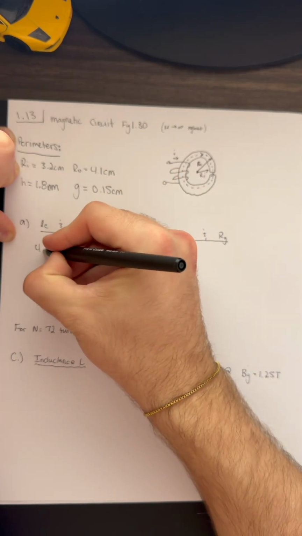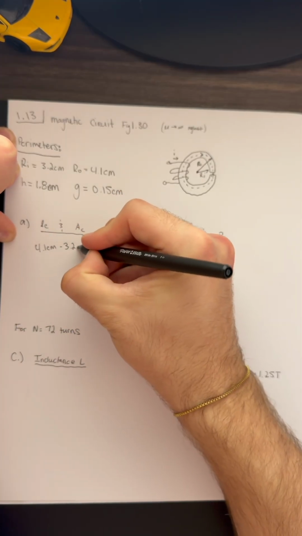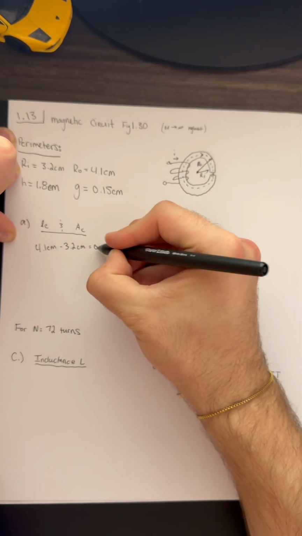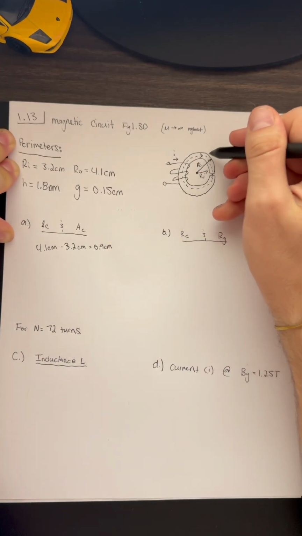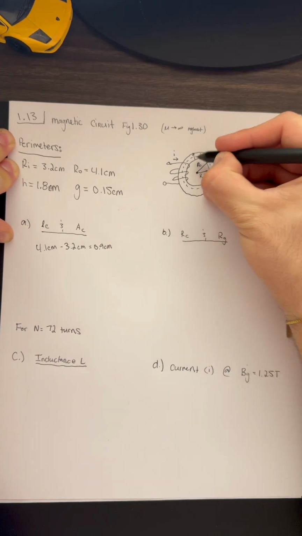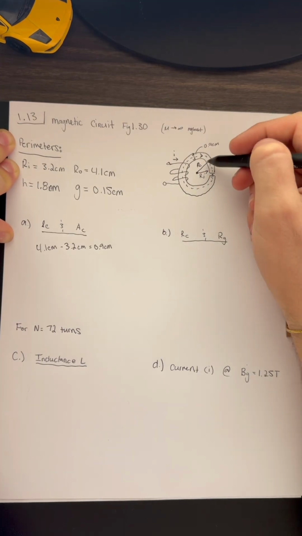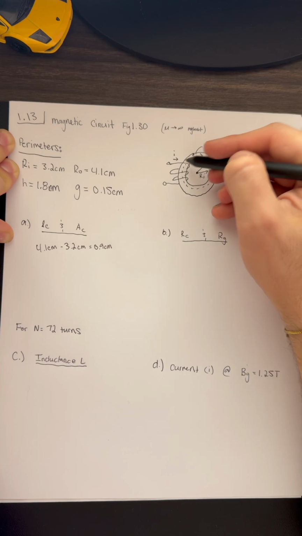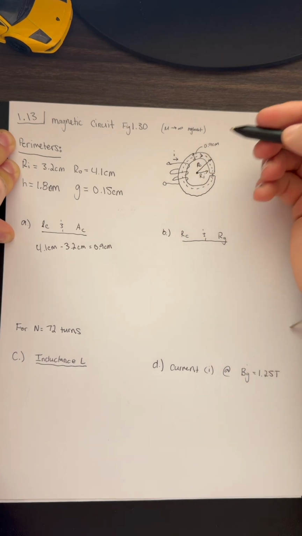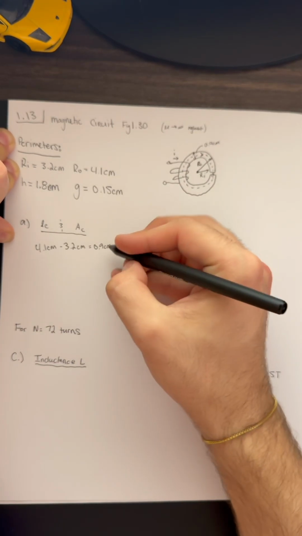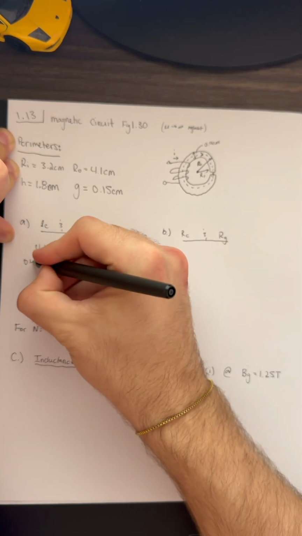So 4.1 centimeters minus 3.2 centimeters is going to be 0.9 centimeters. So that's going to be the distance, this distance here, 0.9 centimeters. In the middle of that is where that current's going to lie. That's where we're going to need to calculate the length of the core. So the length of the core is going to be directly like half of this, which is going to be 0.45